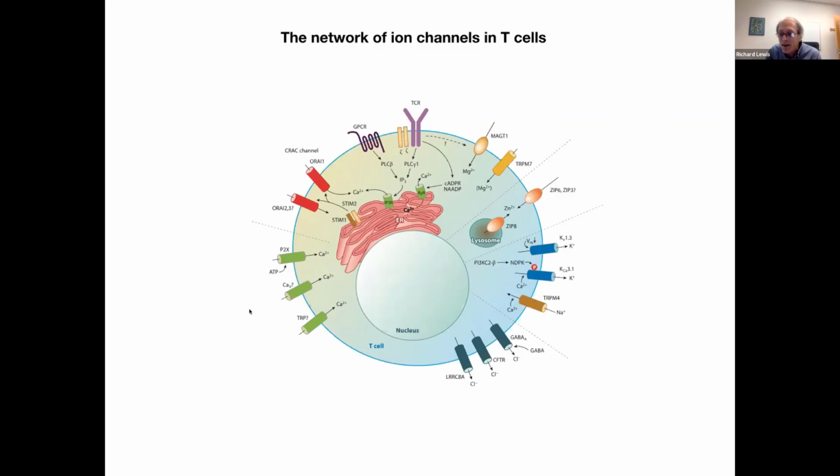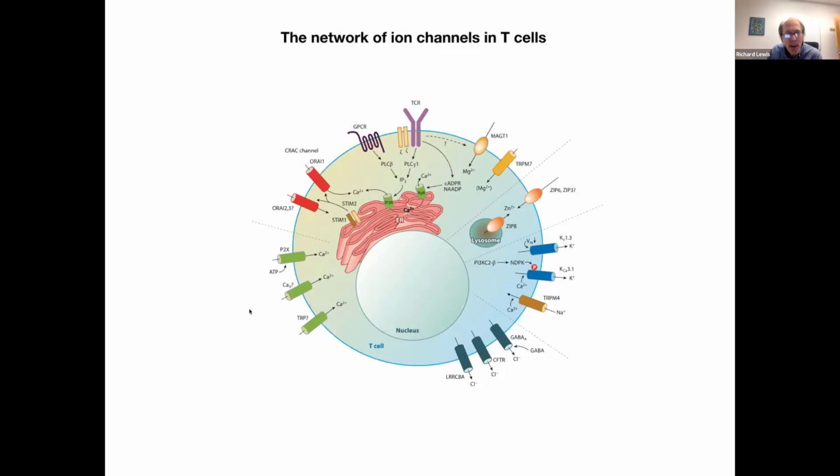And in fact, there have been observations of ongoing small calcium responses, flickers and things like this, as T cells are migrating through the lymph nodes. And some very nice work from the Cahalan lab suggests that these ongoing small calcium rises are necessary to maximize the efficiency of T cells searching for antigen. I don't know if those signals are actually attributable to piezo-1, but it wouldn't surprise me if these kinds of stretch activated channels play a role there.